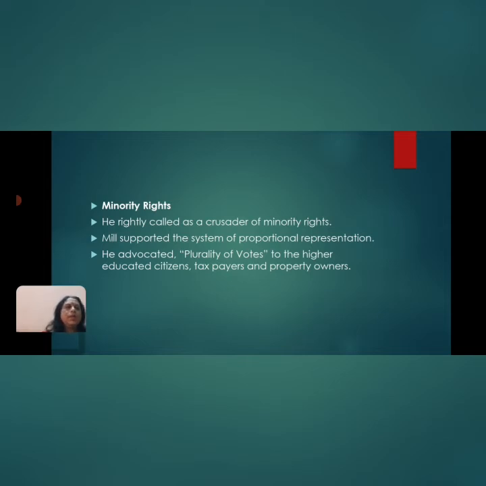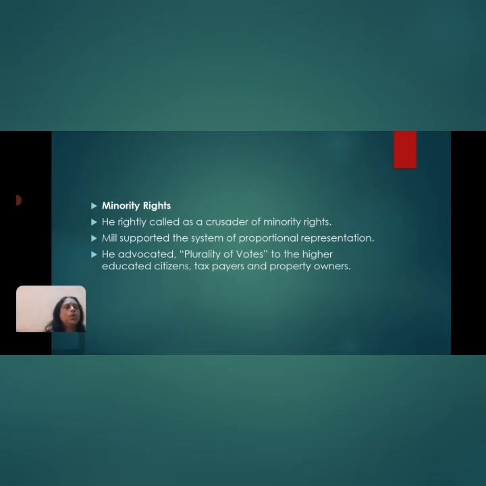Sir Thomas Hare in England was the first to propose a parliamentary election system so that each section of society gets represented proportionally. Mill advocated plurality of votes for the higher educated citizens, taxpayers, and property owners. The simple reason is that educated people cannot be easily fooled because of their superior intellect and high character, which save the state and promote the interest of the state. Vice versa, taxpayers pay through their hard-earned money and will be responsible in discharging their duties as citizens.